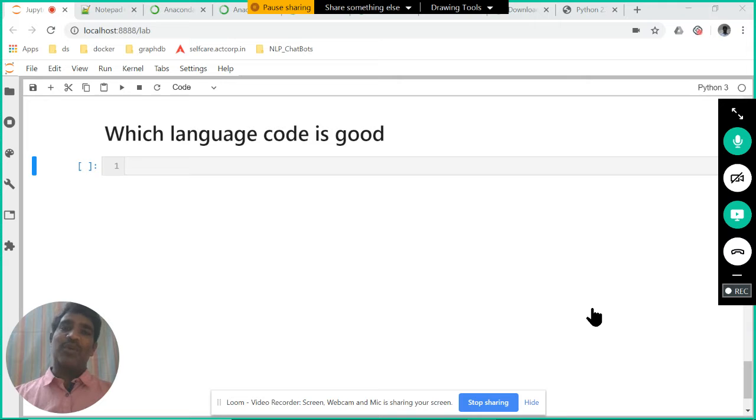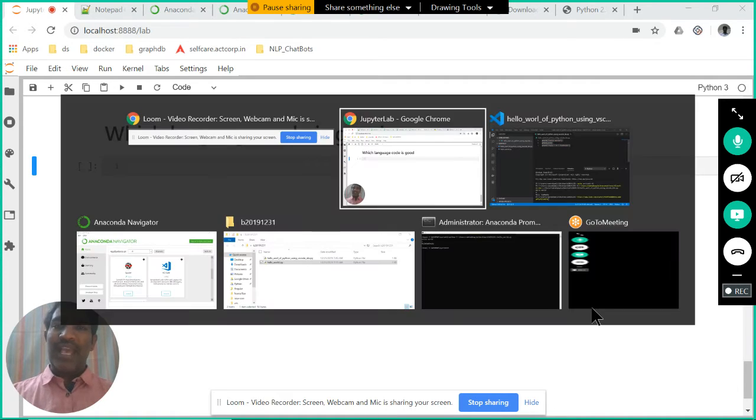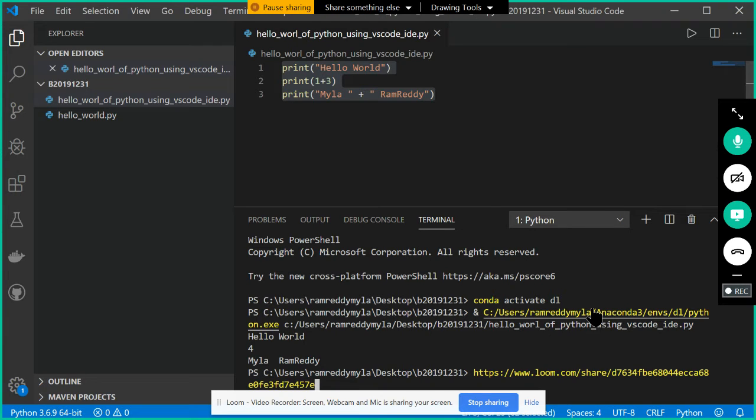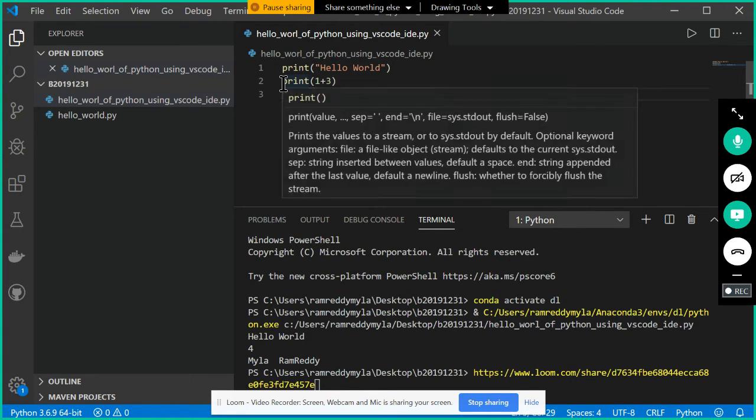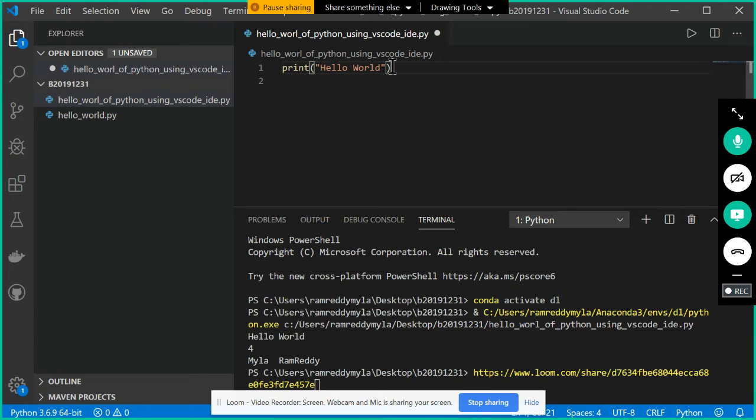But in reality also, Python is best, because let us write a hello world program in C, in C++, and in Java and see which is easy. Shall we write it? Let us use the same VS Code, because this VS Code is going to work for almost any language. So I would like to write a C language hello world program. Let's see how many lines of code you have to write. At least in Python, how many lines of code do you have to write here? Only one line, right? Only one line of code is enough to write hello world in Python.